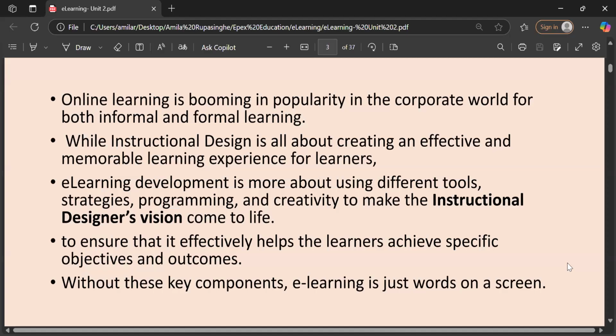So lots of challenges are there. Therefore we have to design some workable instructional design that can overcome these problems in e-learning. That's why instructional design is more important in e-learning.